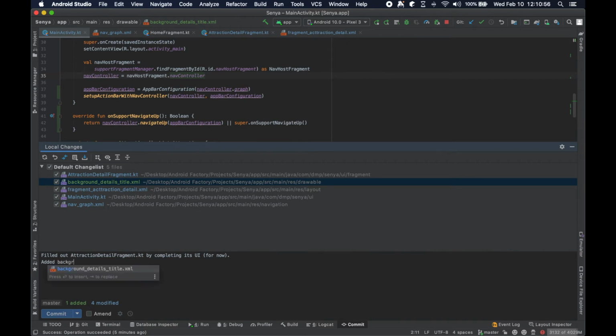Added background details title drawable resource to provide a nice background for the title, overlaying on the image, and we further connected our NavGraph to the application via,